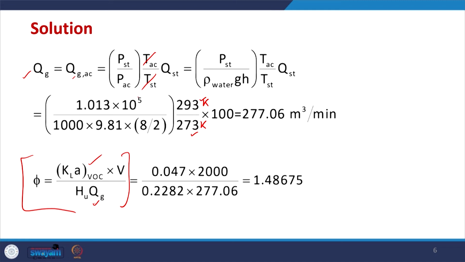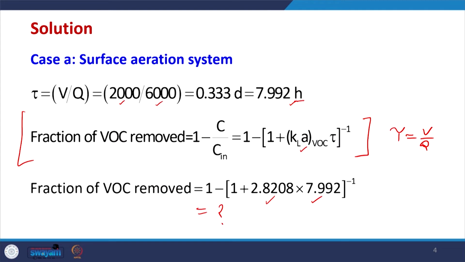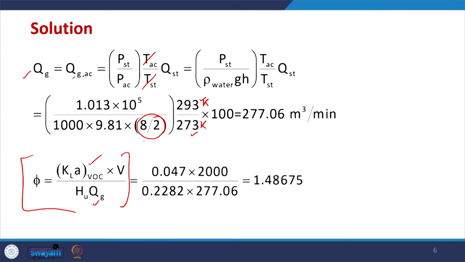Similarly, we have to know the rho g h condition. Using this, we find out the pressure at half the height. 8 meter is the height of this whole tank, but we are finding out the average height. That is why the 8 by 2 division has been done, and if you solve it, actually it will come out